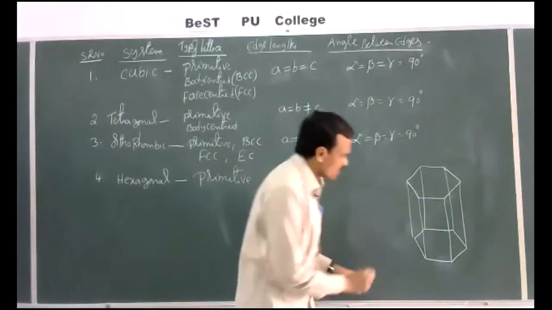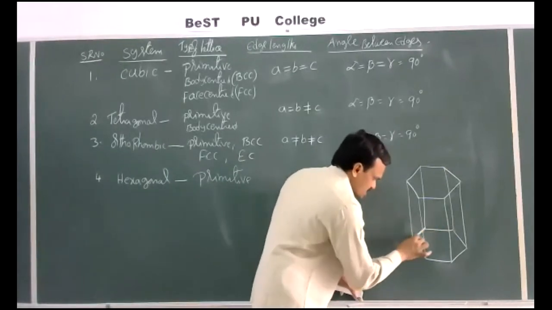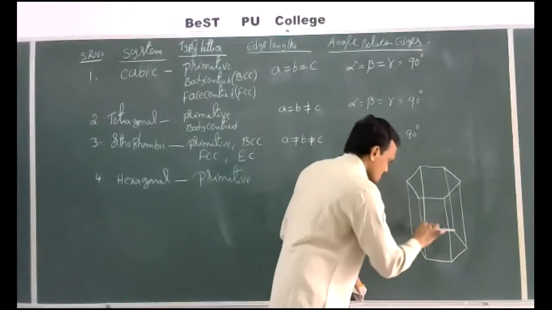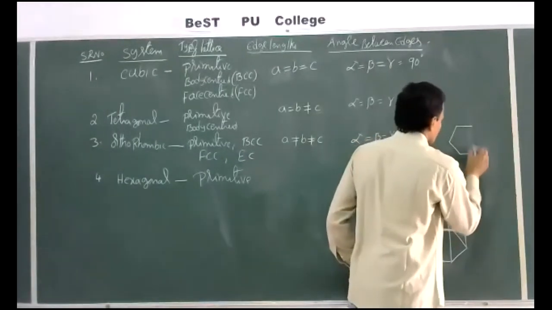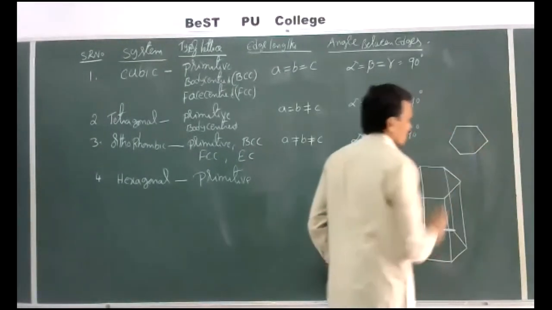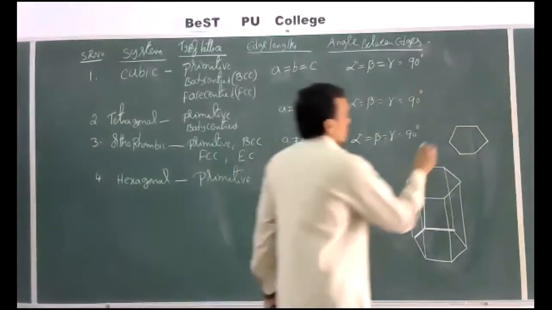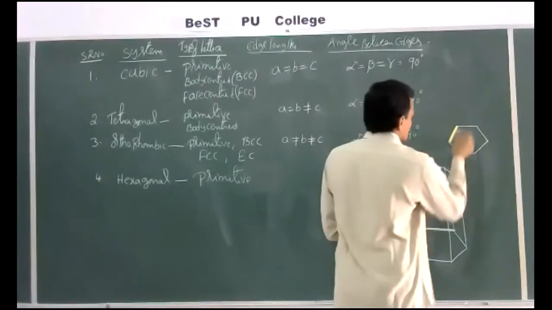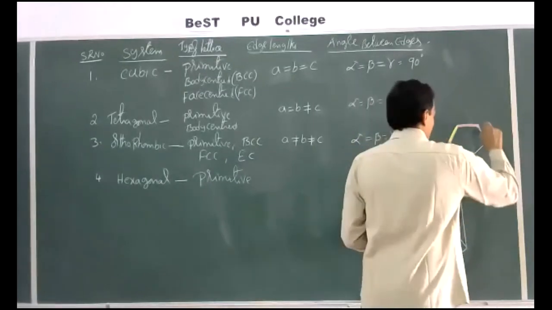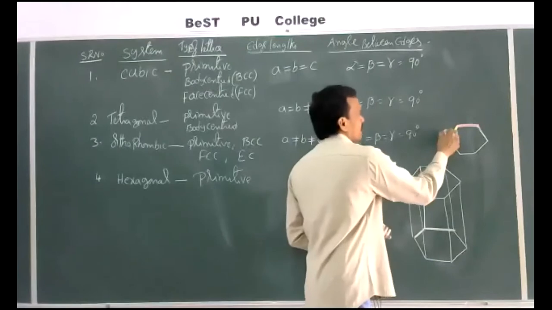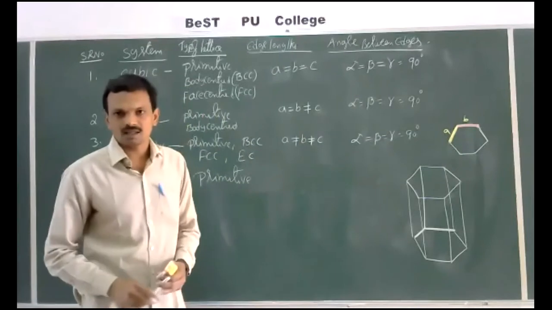Now see here what the edge lengths are. Actually, I wrote it a little bit differently here. This is A, this is B, and this is C. If you take a hexagon exactly, a little bit of deviation is there. This is the hexagon diagram. Now in this hexagon, this length as well as this length, both are exactly the same. Let us assume this is A and this is B. Now A and B both are exactly equal.